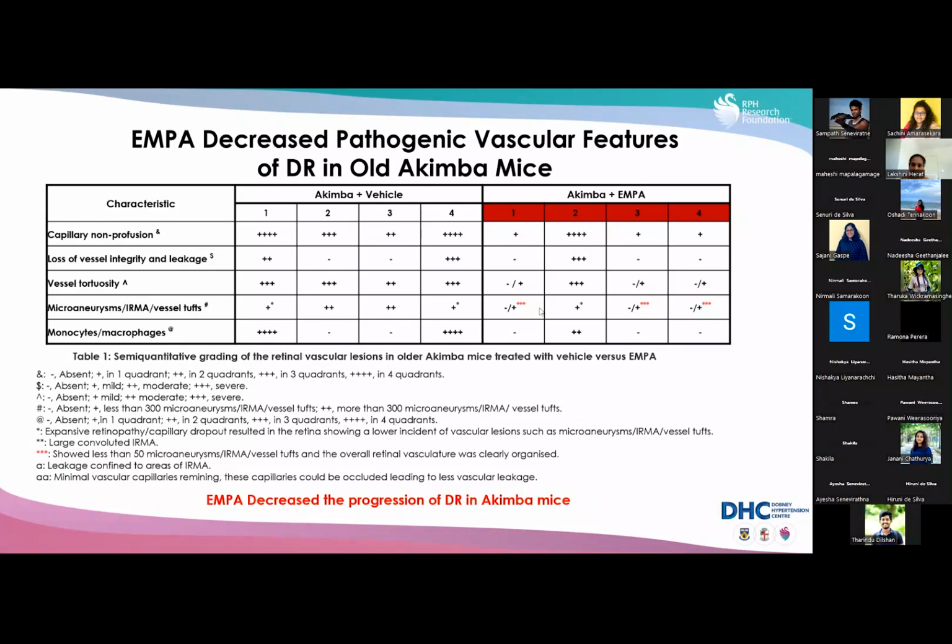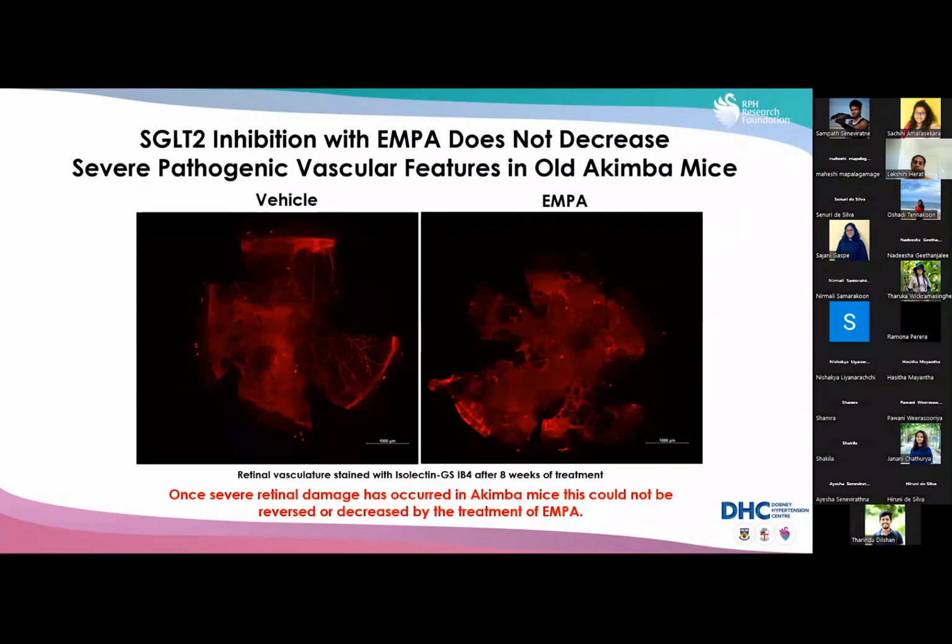I'd like to bring your attention particularly to the Akimba mice treated with EMPA with the mouse numbers 1, 3, and 4. These mice actually showed a very clear organization of the retinal vasculature with very minimal retinal vascular lesions, indicating that the treatment was actually very effective in these animals. One of the key things that I would like to bring to your attention is that regardless of the efficacy of the treatment, if the disease severity is very progressed, the treatments were not effective. As you can see here, this is a vehicle-treated animal with